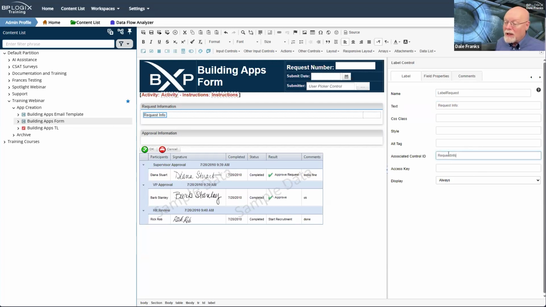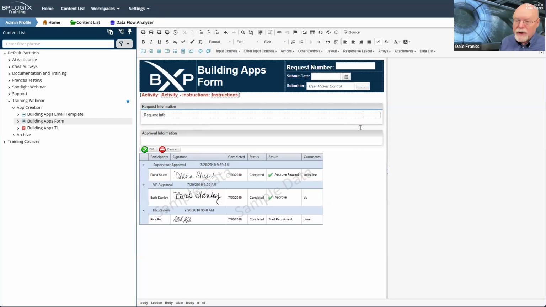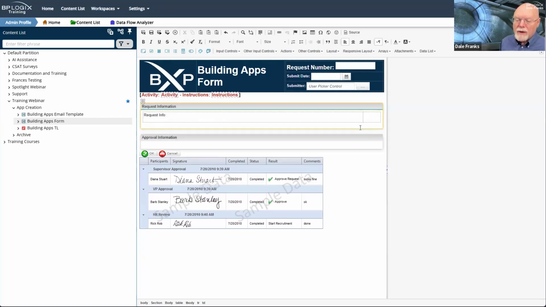And since I've already typed in the control ID here, I'm just going to go ahead and copy it so that now when I go in and I hit Shift Enter, Shift Enter will throw in a break tag, which will move the cursor to a new line without making a new paragraph out of it.